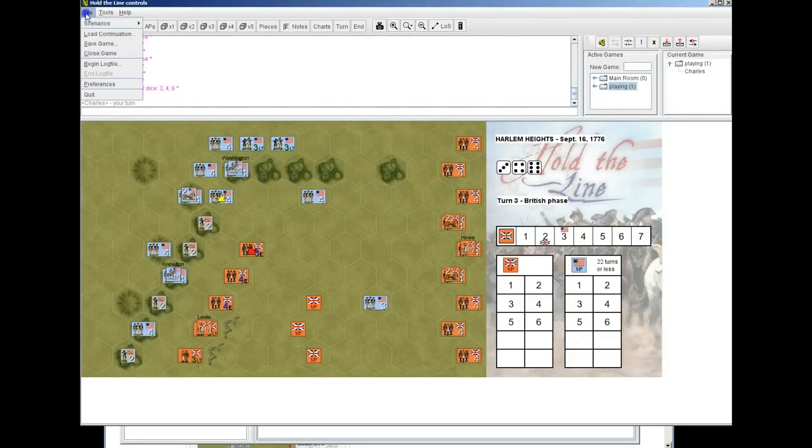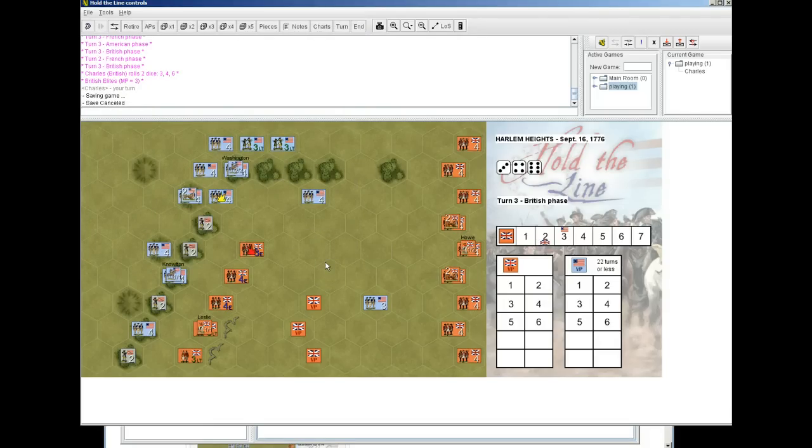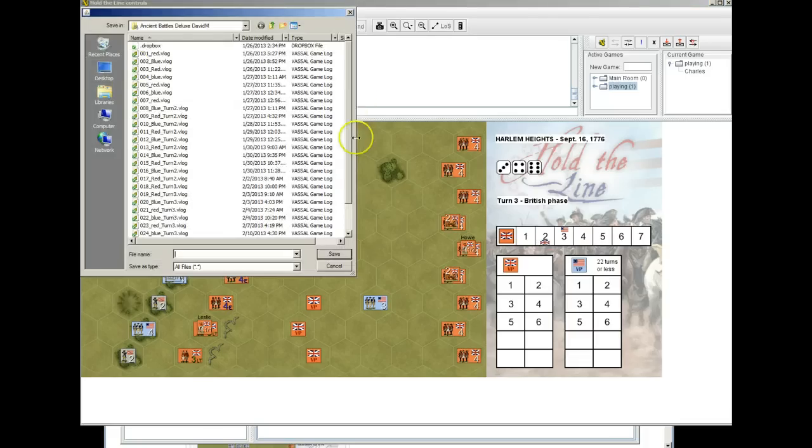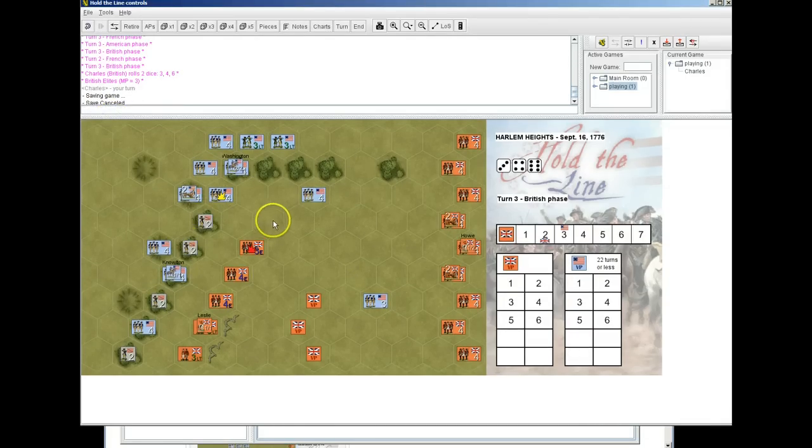So let's say that you don't get to finish a game and you want to save the game for later. You just click on this little file and then save it as Hold the Line scenario 1 with Brad. And then you save that file, and later on you can come back to it, go to file, and then load game, and the game will pick up exactly where you left off. Another thing you can do is log files,